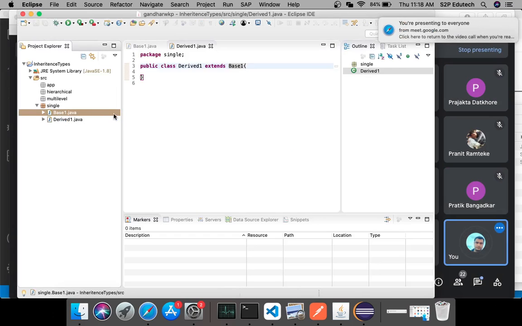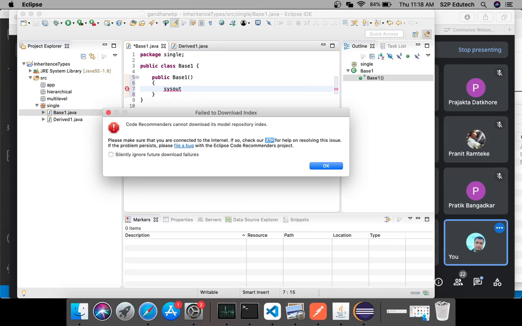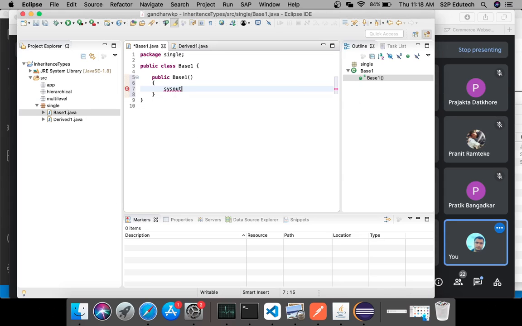Right, I'll also have a public constructor in both the classes so that we'll understand the flow. So I'll say public base 1, and inside this I'll just have a sysout in which I would say in base 1.